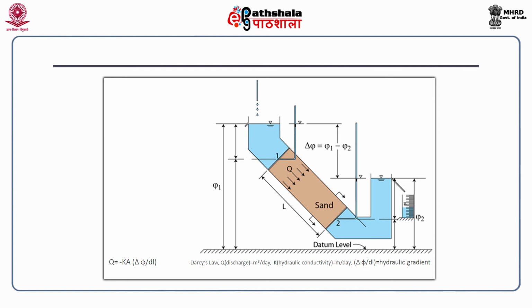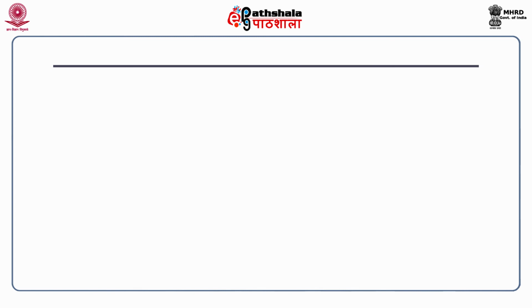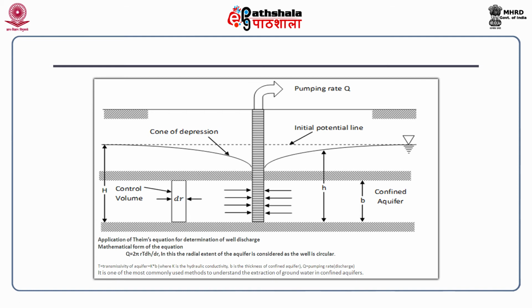In this drawing, what you see is the extraction of groundwater. So here you see the pumping rate Q. This pumping rate Q is simulated with respect to the depth of water, that means from what depth the groundwater is taken out, and what the radius of the well is. So this pumping rate or discharge Q is dependent on the depth of the groundwater, the radius of the well, and the radius of influence, meaning the radius from which groundwater is available.